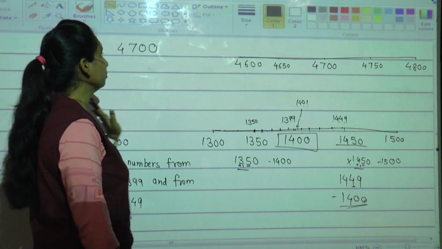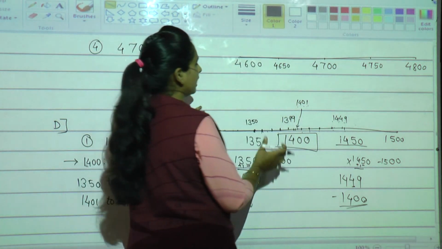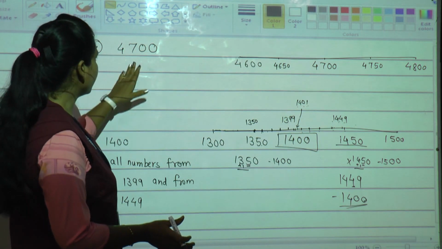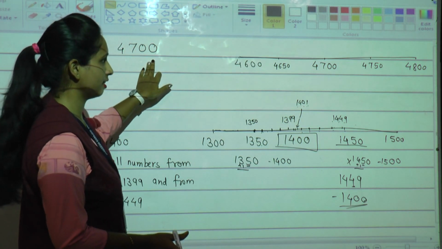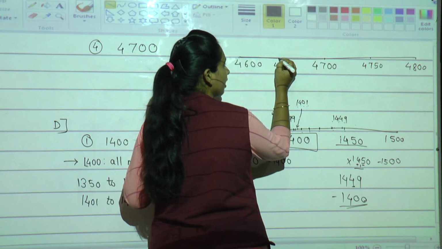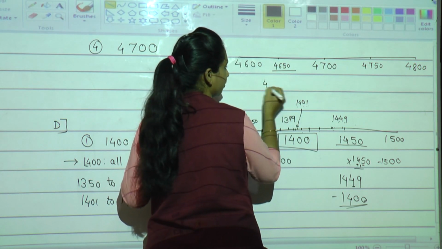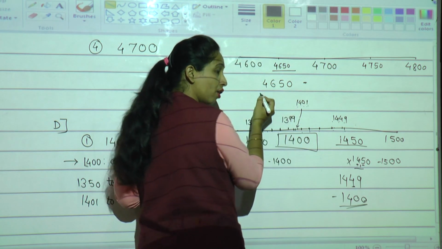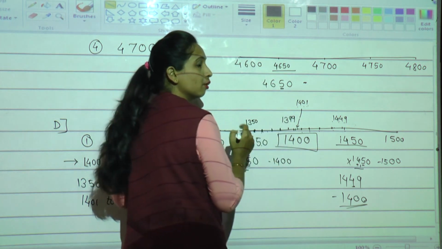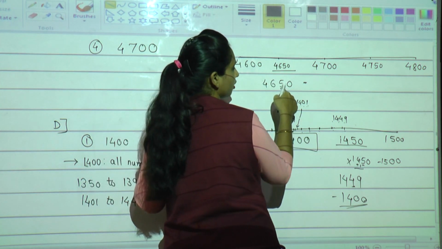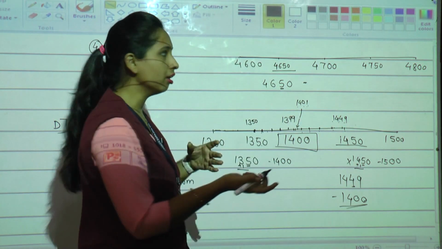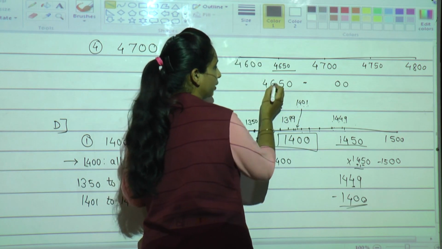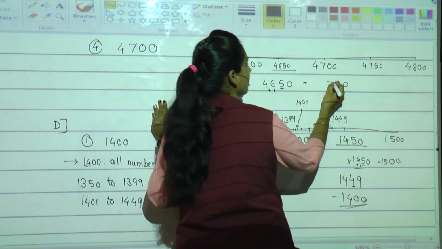Then what we have to do? We have to find out the numbers in the same way as we have done in this question. But here you see 4700 is there. So we will see what will come here. What is the number? 4650. Let us try. See, if rounding off to the 100, underline the tens place and look at the digit. What is there on tens place? 5. 5 or more, just place the zeros at ones and tens and add 1 to the hundreds place. So 6 plus 1, 7.